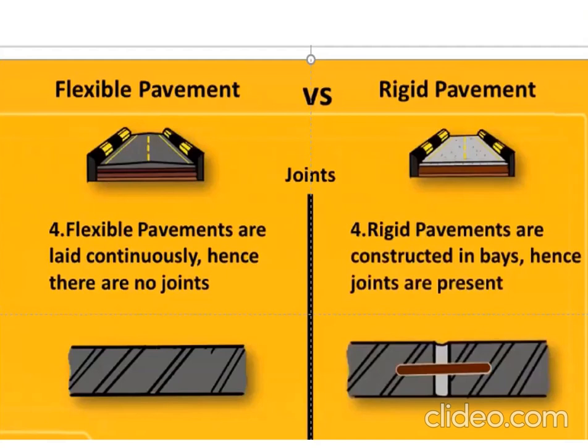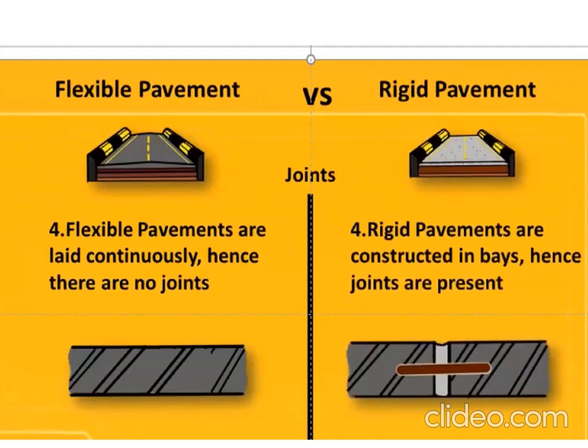Unlike flexible pavement, a rigid pavement has panels. You cannot construct, let's say, even 500 meters of rigid pavement without having a joint, and this is why we call it a joint. But this is the conventional rigid pavement. Now we have come into the era where you can have continuous reinforced concrete pavement, and if you have meshing, that can also be designed. If you have meshing, you can go up to say 1 kilometer or so.